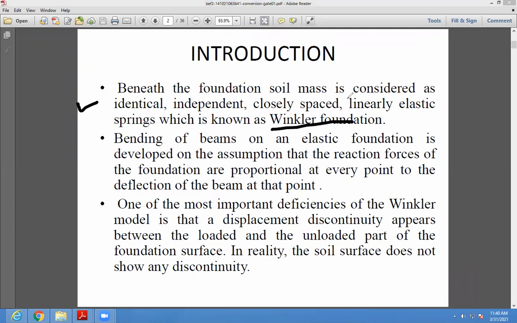Below the beam, whatever the foundation soil mass is there, is considered as identical, independent, closely spaced, linearly elastic springs, which is known as Winkler foundation. That foundation we have considered as a Winkler foundation. Okay, whatever the soil which is below the beam, that is identical, independent, closely spaced, linearly elastic springs. It behaves like springs, which is known as Winkler foundation, that we have to consider in the case of beams